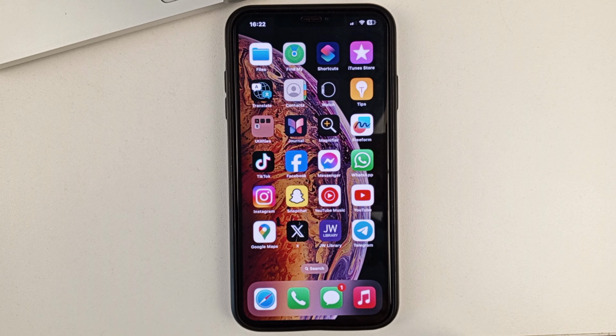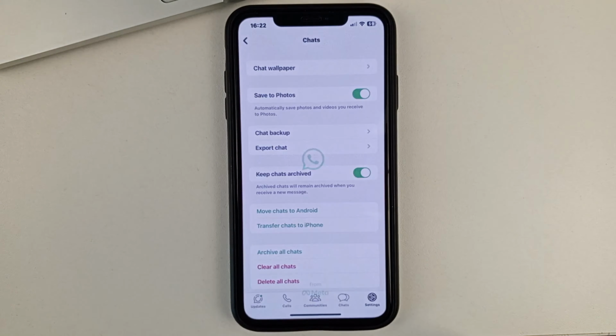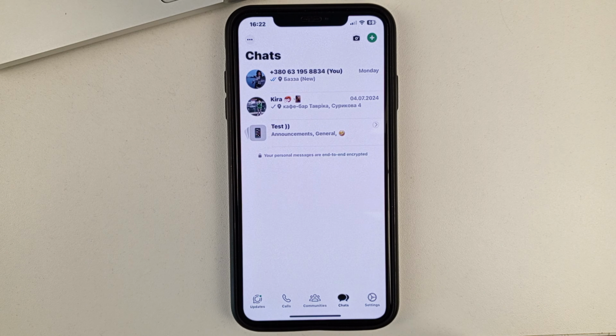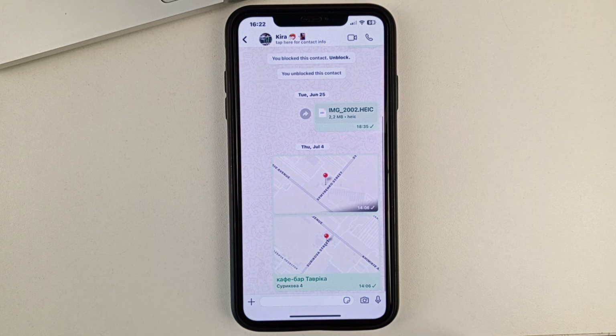And let us get down to our topic today. So, please open the WhatsApp app, go to the chats section, and then go to conversations or go to groups. And here, unfortunately, I will say right away, it is not possible to make or set such a function that a person cannot take screenshots of correspondence. You can only prohibit taking screenshots of photos or videos. And I will show you now how to do it.